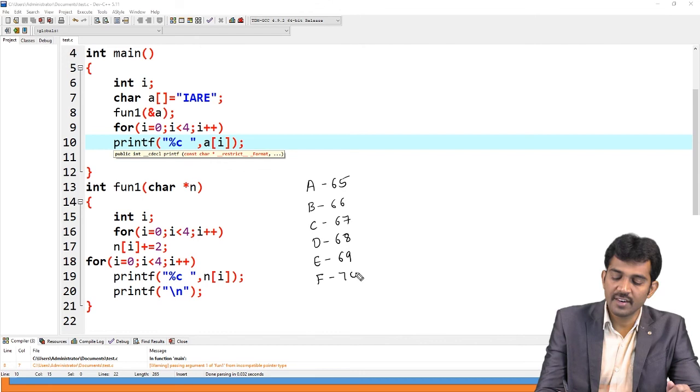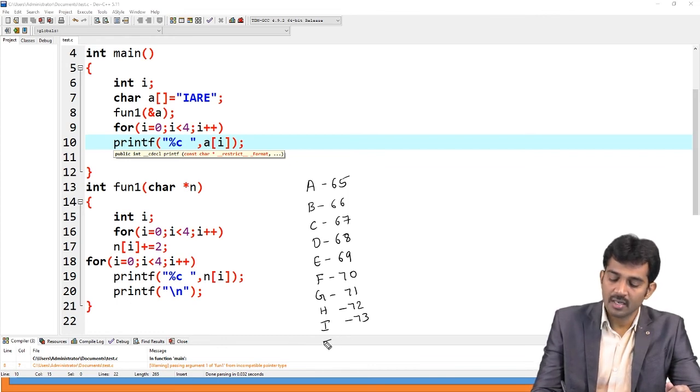F 70. G H I, right? 71, 72, 73, right? J, K, right? Is this clear?